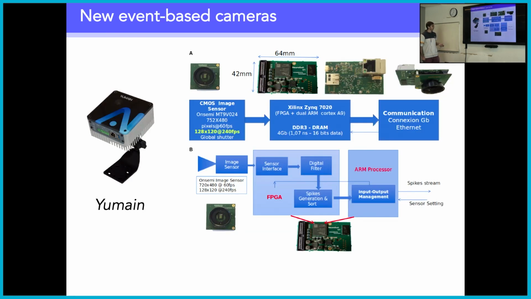And here, the nice thing of the cameras developed by UMaine is that you can embed on an FPGA card that is associated with the camera, the processing, and on this FPGA card, you can have the local learning of the properties, and you can also design different filters. So these cameras, if you want, they're able not only to detect luminance, increment and decrement, but you can also introduce some spatial filtering of the scene. So for example, it's feasible to introduce a contrast detection through a spatial filter or other different things.